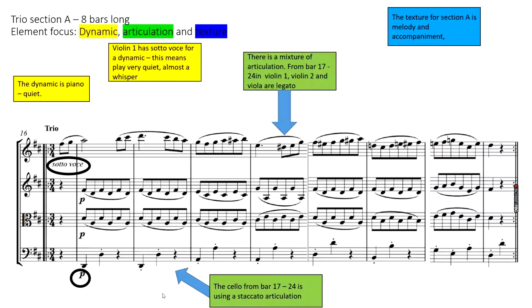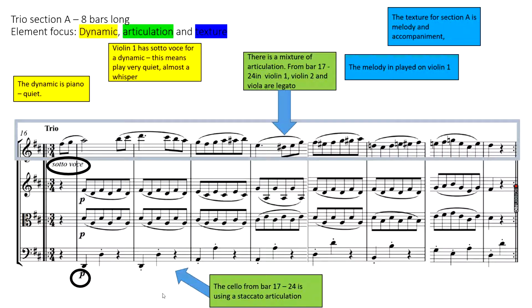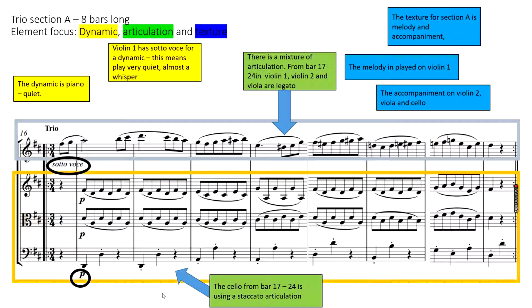In terms of texture, section A of the trio uses a melody and accompaniment texture. The melody is played in violin 1, whereas the accompaniment, the backing instruments playing in the background, the support in the melody, is played in violin 2, viola and cello. Now what is really interesting here is the melody is played really quiet, almost a whisper, and